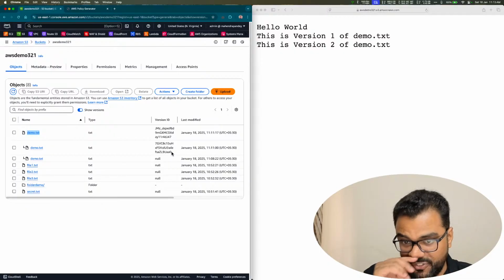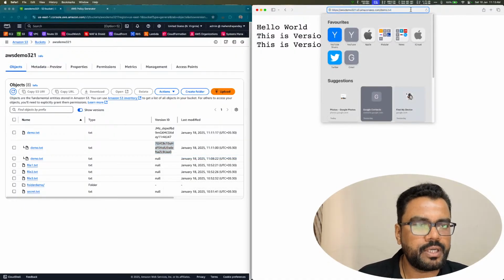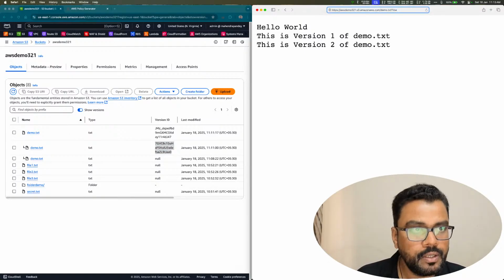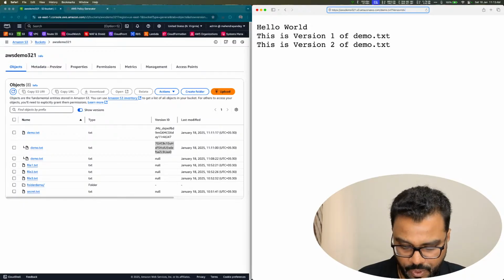But Mahendra, what if I want to access version 1? If you want to, you need to know the version ID. And here, when you are making the request, you're just going to put in versionId equal to